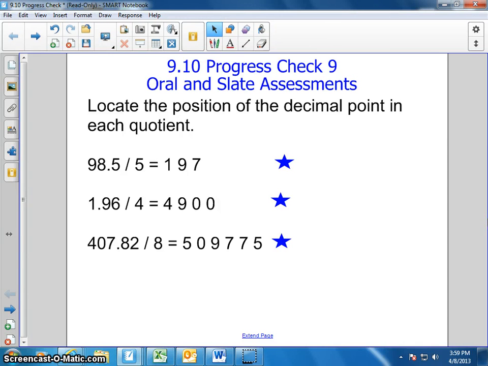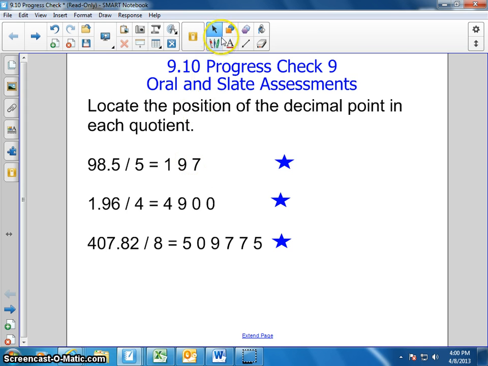Today's going to be a quick little review on fractions, decimals, and percents, things you've already seen in the videos and work you've already done in class. So let's go ahead and get started. Here we have our division problem with a decimal, and we want to decide where it's best to place the